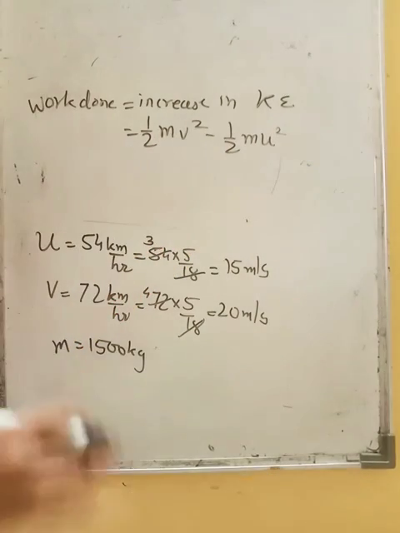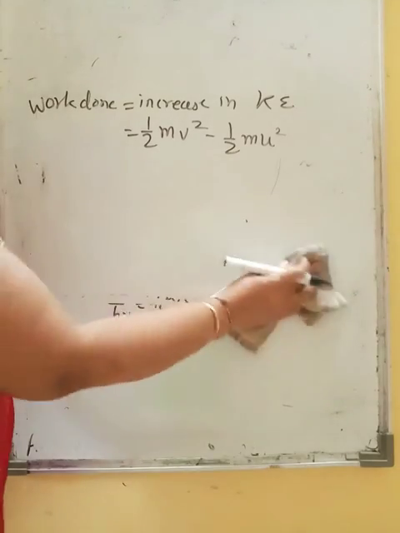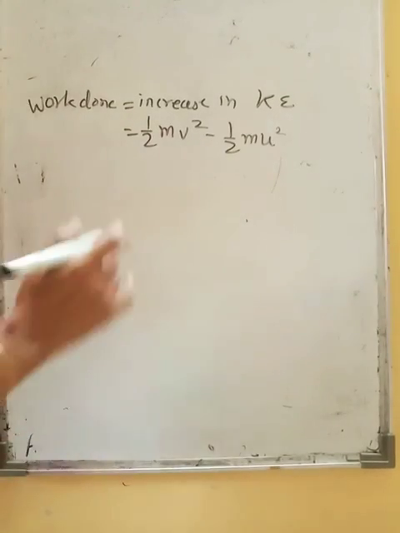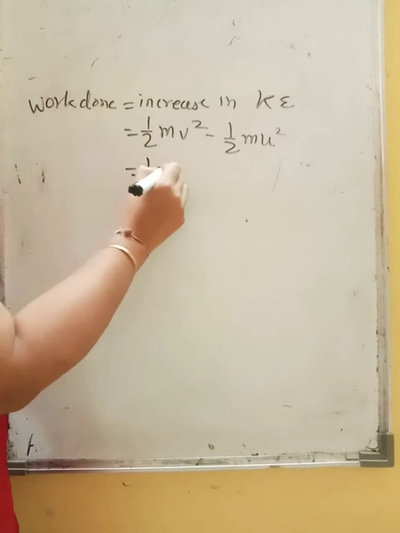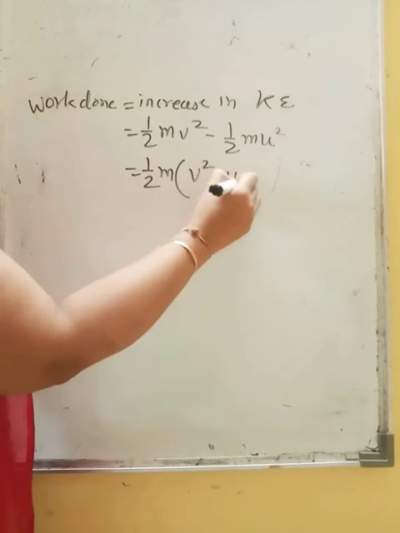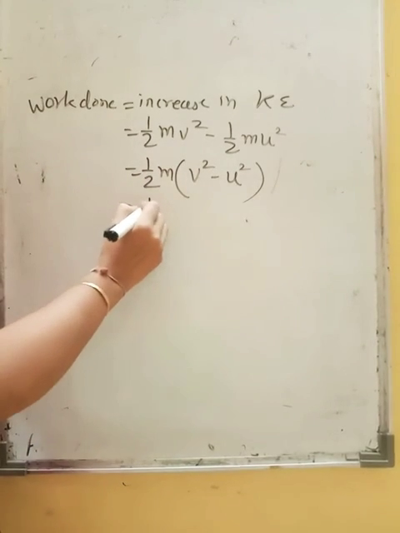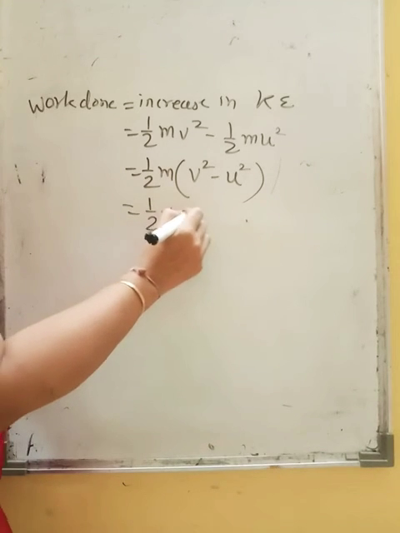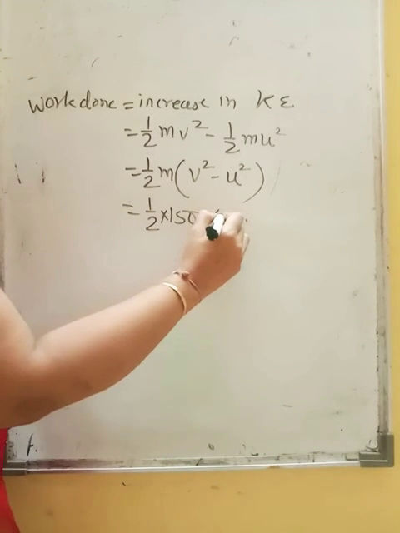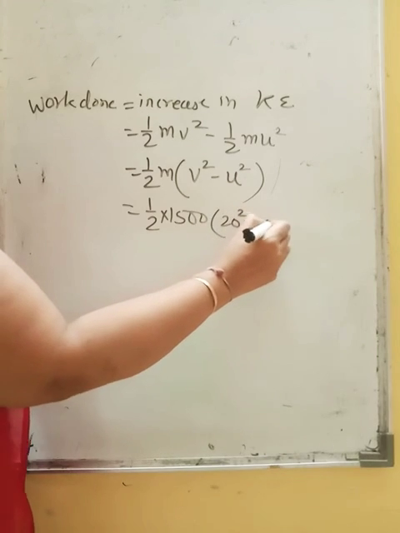Initial and final. So final minus initial will come na. So what I'll do it shortcut way करती हूँ, half m common ले लेती हूँ, we'll have v square minus u square. Now half mass given was 1500, v square v 20 था ना, so 20 square minus 15 का